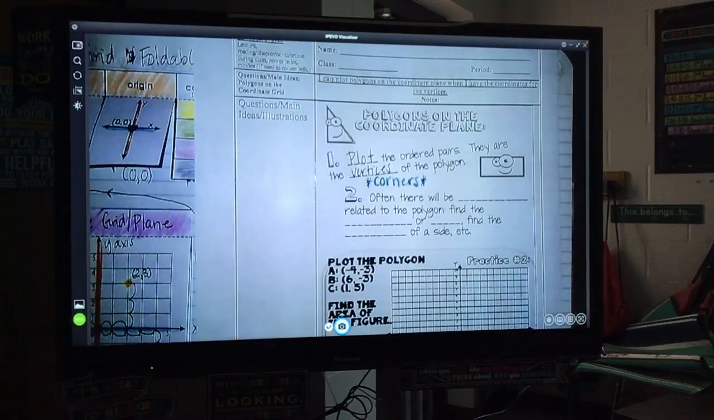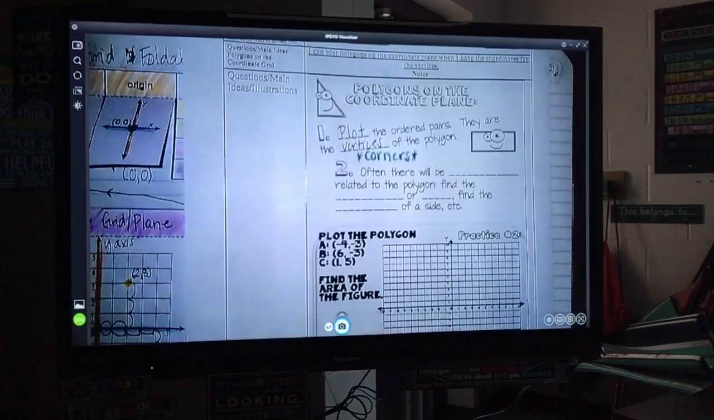Alright, so that's kind of step 1. So you're going to plot your points, and then you're going to play connect the dots, and you're going to form a shape of some sort. Number 2, it says often there will be